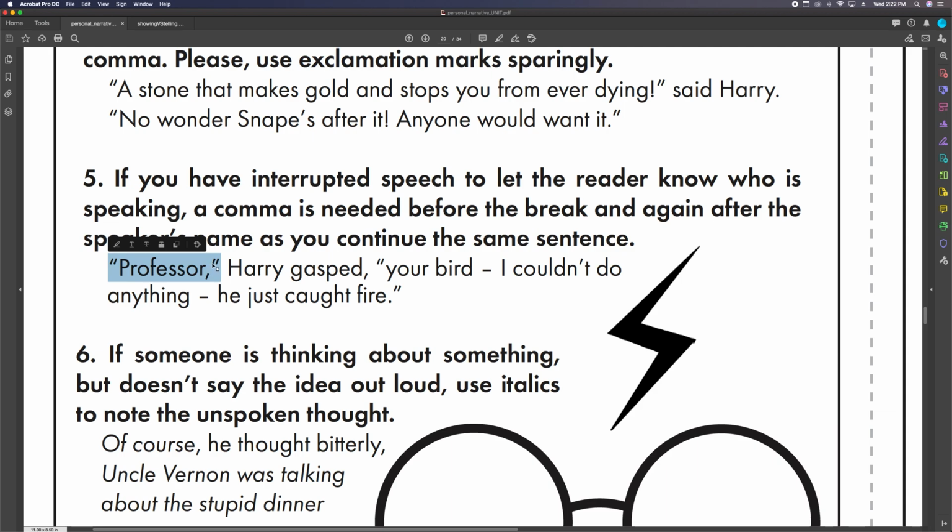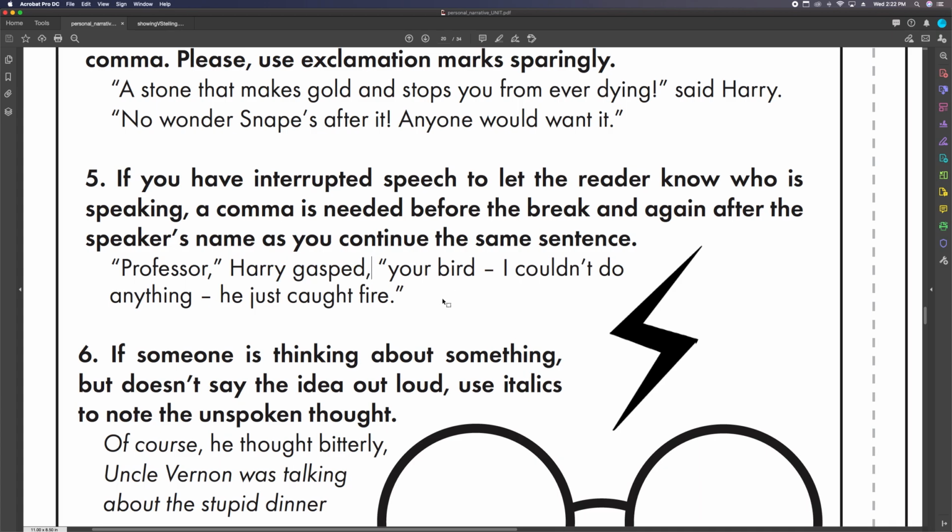Open quote, end quote, open the quote back up, end the quote, with the attributive tag interrupting some of the speech. This is just a matter of variety. Instead of always having your attributive tags at the front or at the back, in this case, the attributive tag is interrupting the thing that has been said out loud.